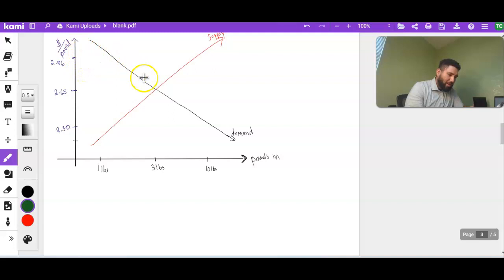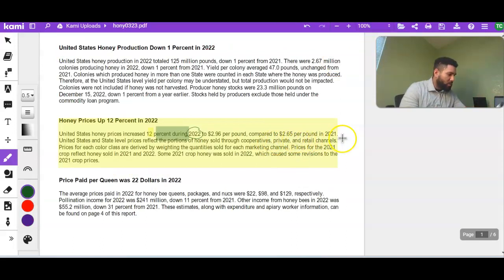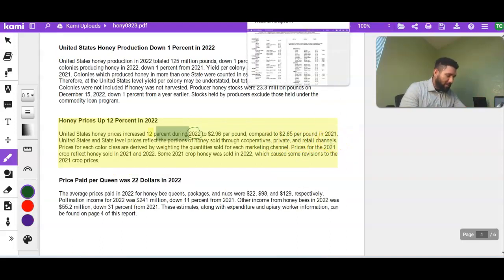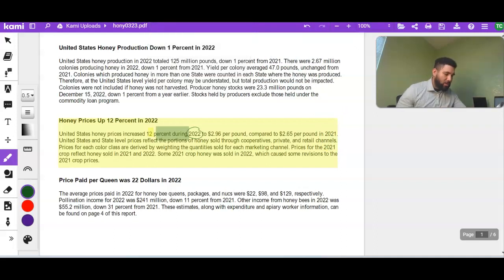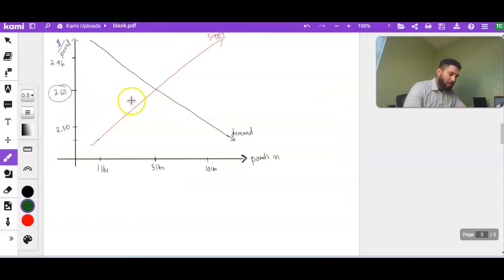Okay, so, but for demand, we would like, if we want a 1 pound amount of honey, then we're actually going to be paying a lot more. So the more that we buy, the lower that price is going to be. But as of right now, it's around $2.65. So you could say the demand for honey in 2021 was $2.65 per pound, and you could actually use that to start describing some of the trends that you see here in